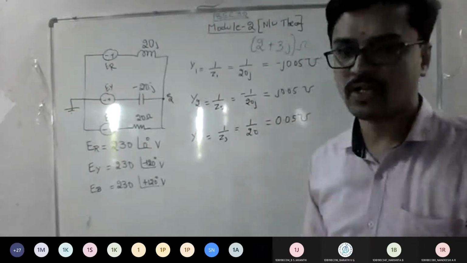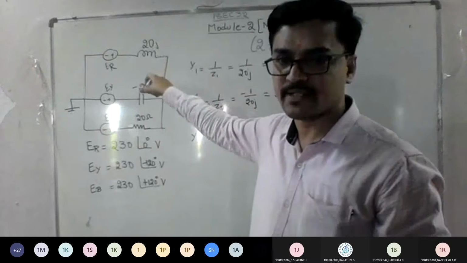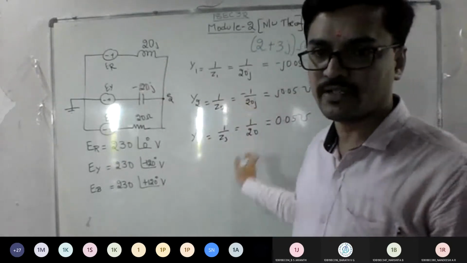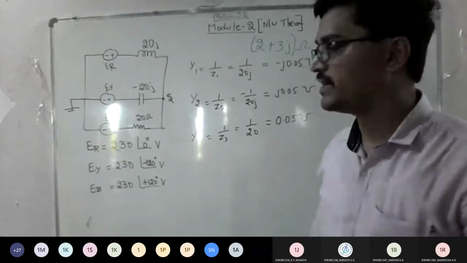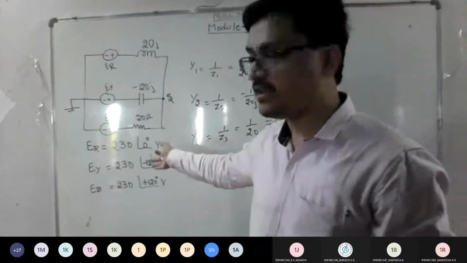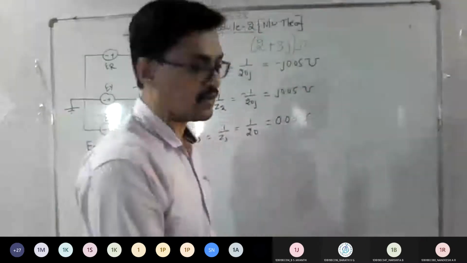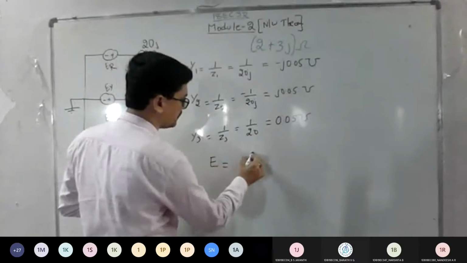So any doubts anyone? Look at the steps we are following. Step 1, we have changed the inductor and capacitor. Step 2, we have written the values of y1, y2, y3 using the logic given in the question. So I hope everyone is done till here. We have the values of E, we have the values of Y. So I can put them in the formula. Correct? So use the formula and get me what E equals to.